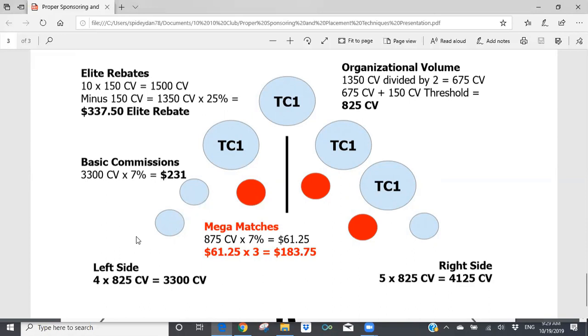They're going to look and see which side is their lesser leg, and they're going to sponsor that person on the outside of their lesser leg, and then the second person on the outside of their strong leg, and then the outside of their weak leg. And if you continue this process, you're going to keep a very balanced synergy organization